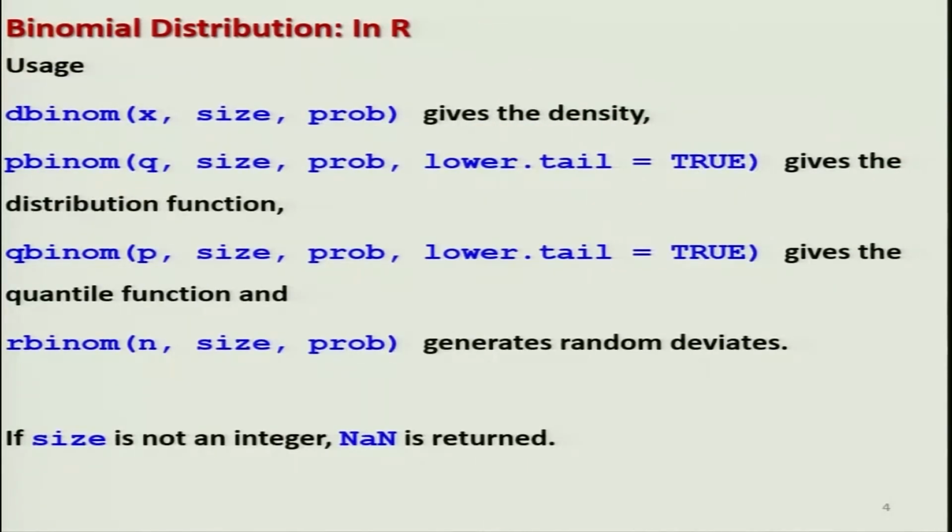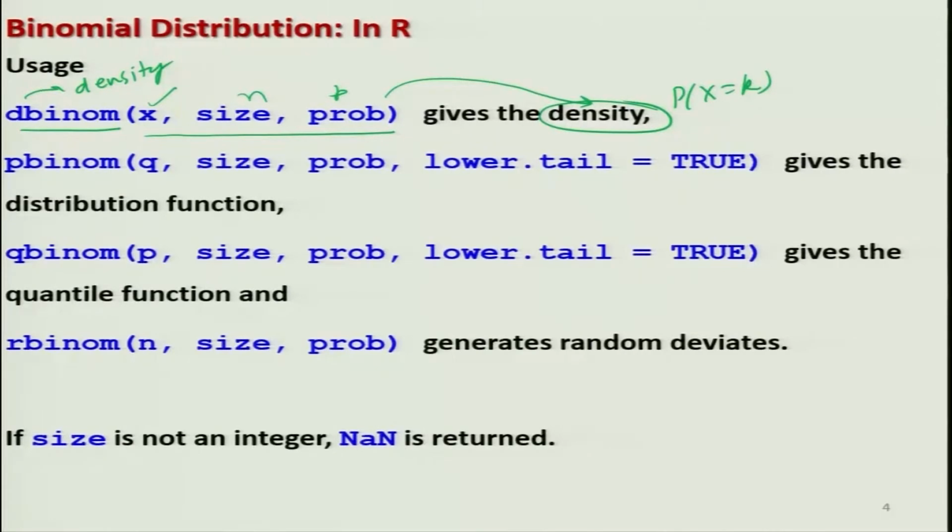Okay. So, now in case you try to look into the commands, I will be discussing here 4 possible commands. One here is binom. So, binom is the abbreviation for binomial, and d means density. So, the command dbinom, and in case you write down the parameters x, size and prob inside the parenthesis, this will give you the value of the density for a given x, n and p,